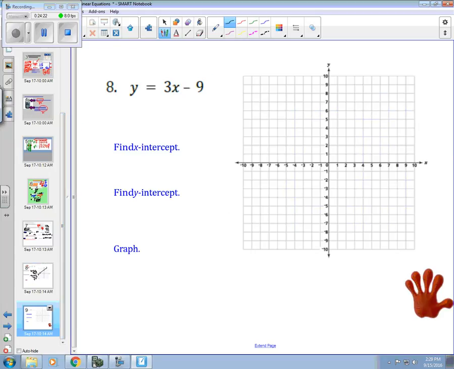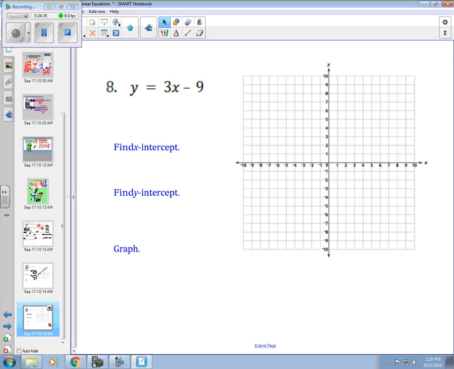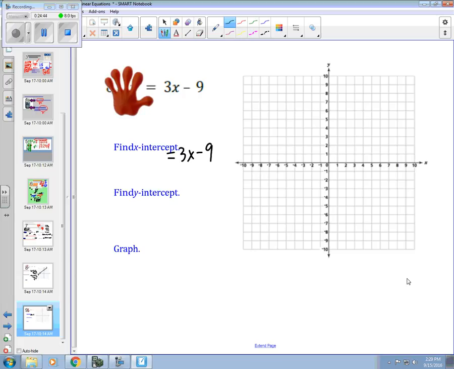All right. This one. See if you can pause the video and graph this one out by doing the cover-up method. What's the x-intercept, the y-intercept, and then graph it out. All right, let's see what you got. X-intercept, that would be covering up the y. Now if you cover up the y here, you have 3x minus 9. There's an equals there, but there's nothing on the other side of the equals. Remember, by covering it up, we're really putting 0 there. So you have to solve it equal to 0. Add 9, divide by 3, and it looks like at 3,